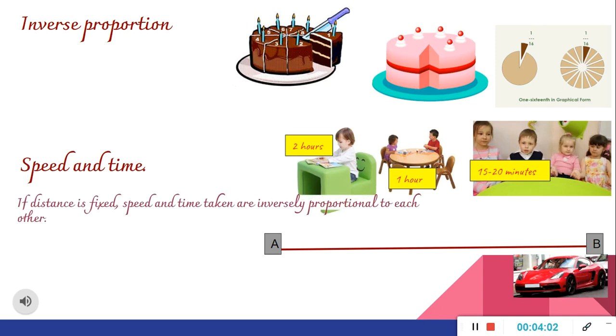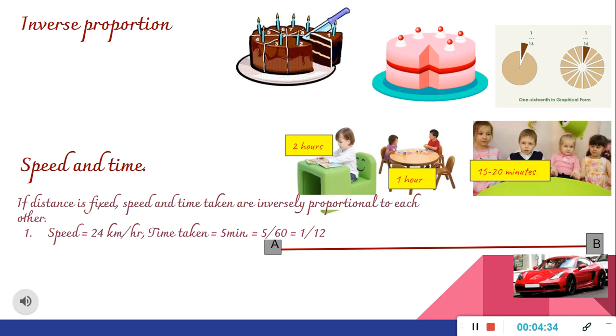Let's say, in the first case, the car travels with very high speed. So in this case, the time taken by the car to travel from A to B is very small, some 5 minutes. Okay. So this is our case 1. In case 1, we say that the speed of the car is 24 km per hour and the time taken by the car to travel this distance AB is 5 minutes. 5 minutes means 5 upon 60, that is equal to 1 upon 12 hours.